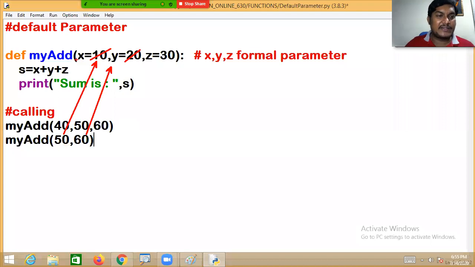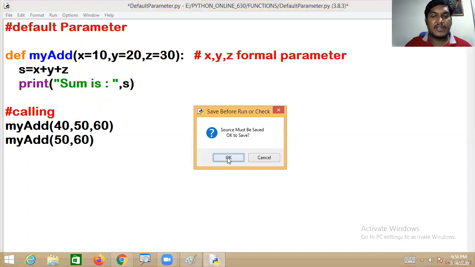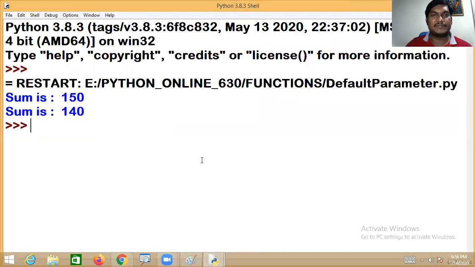Then 50 is taken into x and 60 is taken into y, but we didn't pass the third parameter, so the default value is automatically taken for z. That is 50 plus 60 plus 30. When you run this, you will get the value.